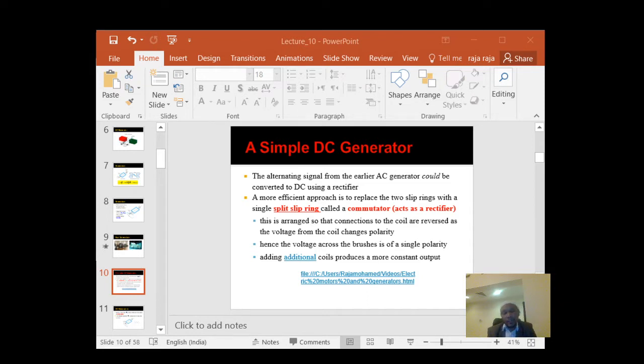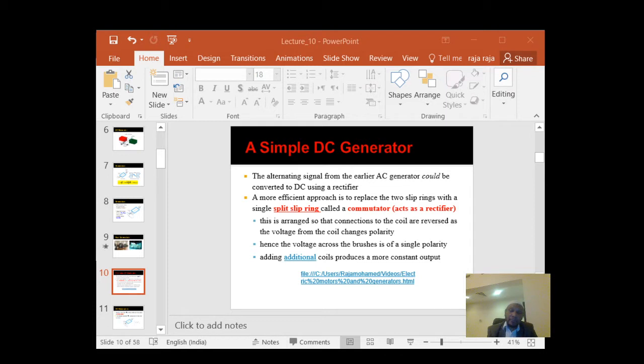So the main purpose of this device in a real DC generator is this: inside the generator it actually generates alternating EMF. That alternating EMF comes through the commutator, then goes to the output side. The commutator acts as a rectifier to convert that original alternating EMF into direct current EMF. So that is the major difference between the DC generator and the AC generator. Its output is DC, and the input, as usual, is mechanical energy. You can use any type of energy.